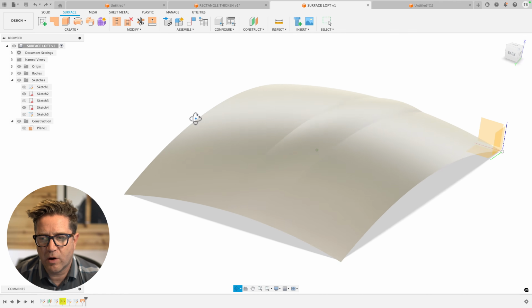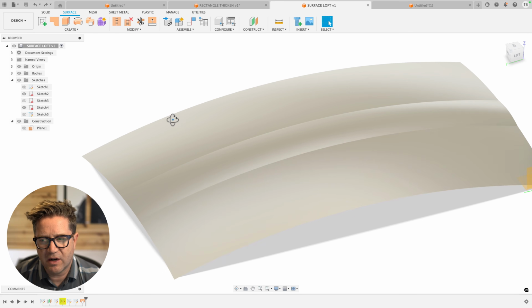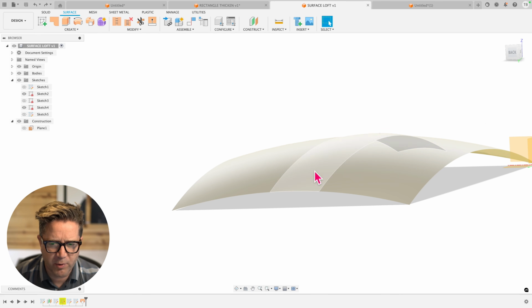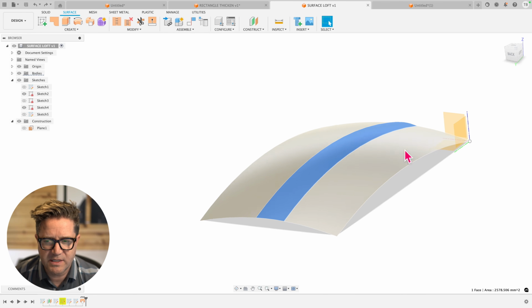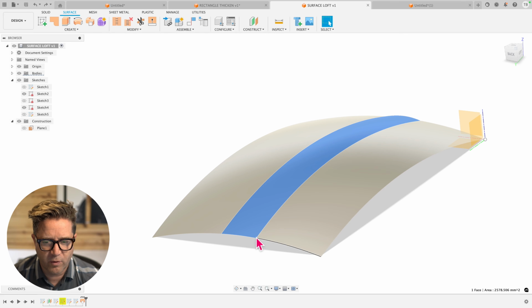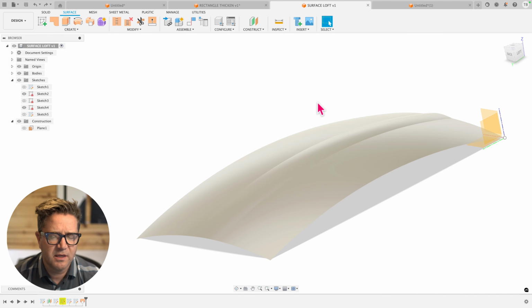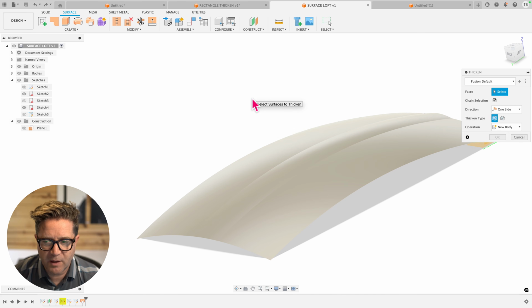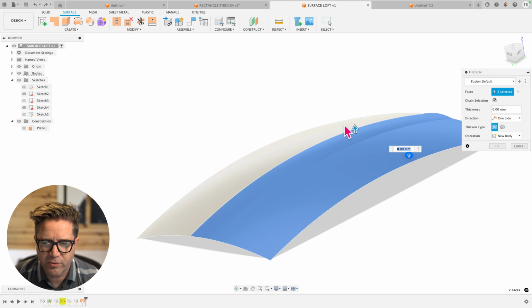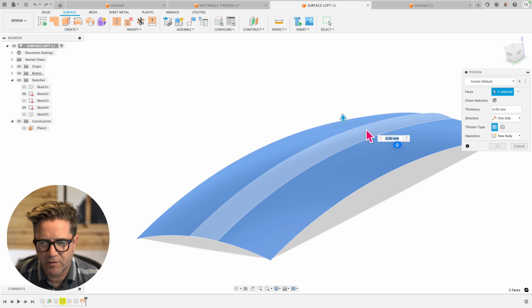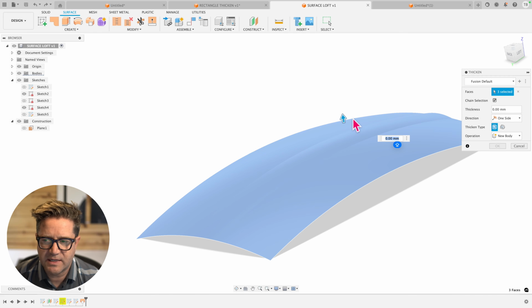Now, looking at a slightly more complex shape. In this case, I've got a little loft and I want to add thickness to this. You can see that it's got a raised bump or profile kind of right in the middle of this geometry. It's not a nice, smooth arc for the original edge that it lofted to the other edge. And you can see it even kind of maybe raises up even more as it transitions. So it's kind of non-uniform throughout. And if we were to go to Thicken, it will let us thicken this. We'll pick all three sides. The chain selection tries to grab anything that has tangency. It looks like this doesn't have perfect tangency, so it's not going to let me select it automatically,